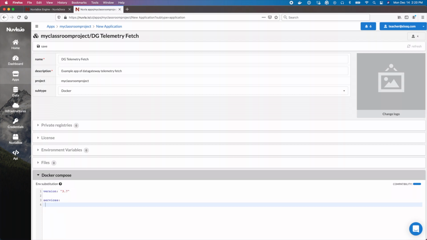Services. And let's call our service, whatever, just the fetcher. Let's use something simple like an Alpine image, all right? And let's define an environment where we can pass a topic name. Okay, and now what we have to do, because it's an Alpine image, is make sure we install the Mosquitto clients,